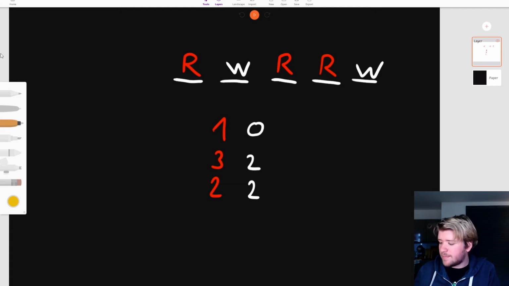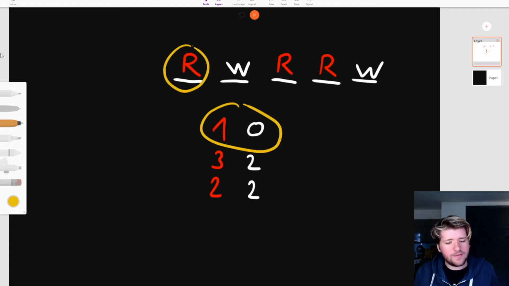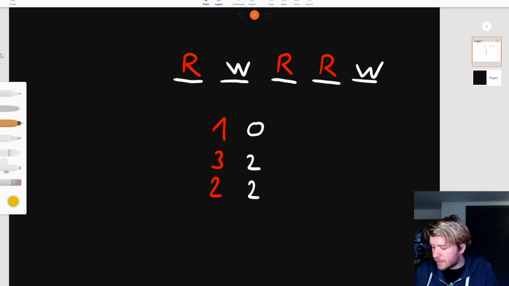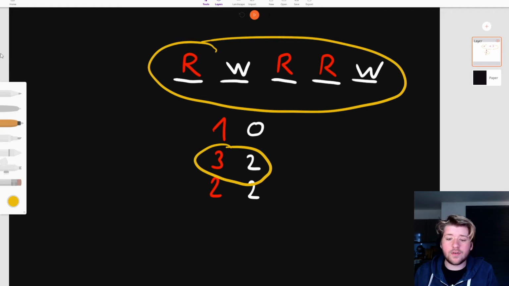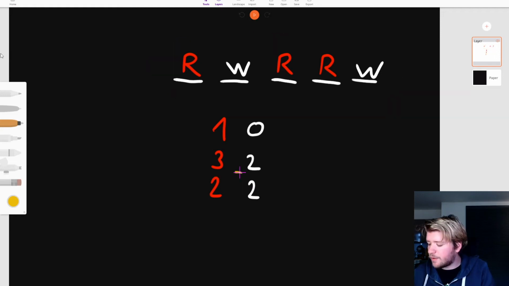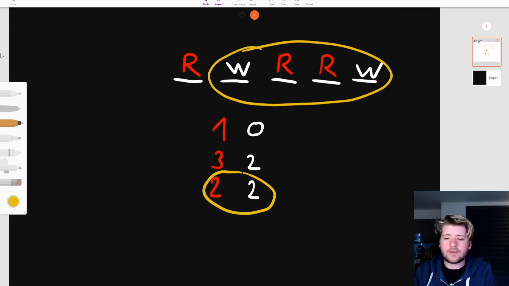That solution is valid because the first critic can just take, for example, this bottle and it's fine. They are satisfied. The second critic can take the whole sequence and they will have 3 bottles of red and 2 bottles of white. And for the last critic who needs 2 bottles of each, we can just take this segment and you can see there's 2 bottles of each. There are many possible solutions for this test case, but this is one of them. Red, white, red, red, white.